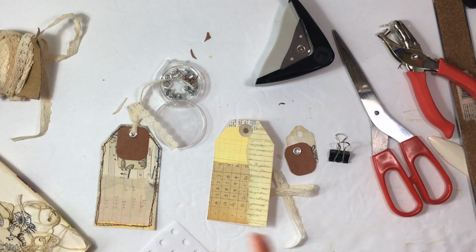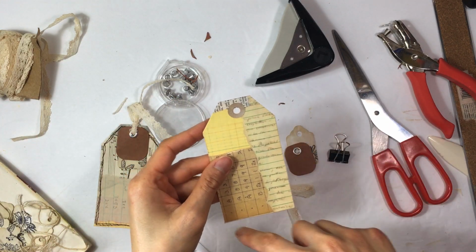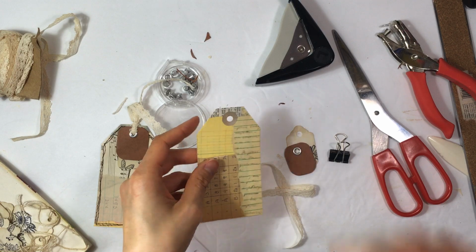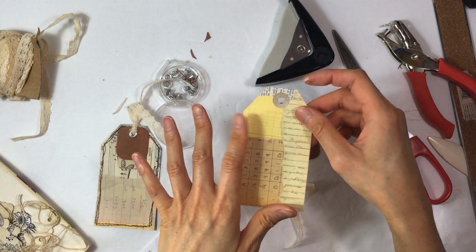So I think what I'm going to do is go ahead and get off camera so I can sew around this. And maybe I'll come back next time to make a whole bunch of these and get these ready